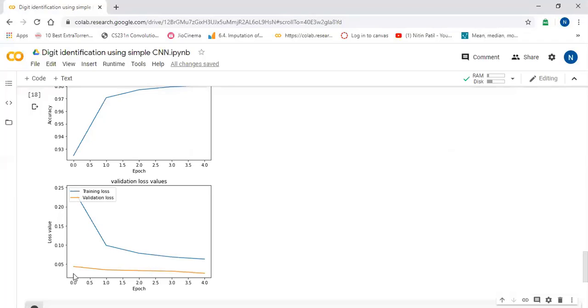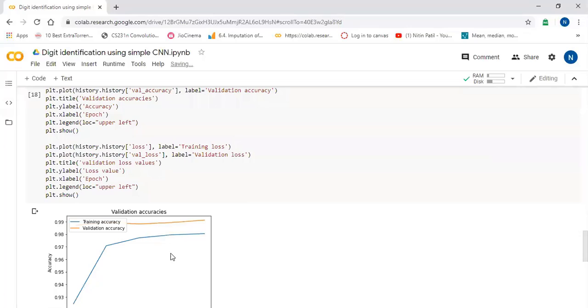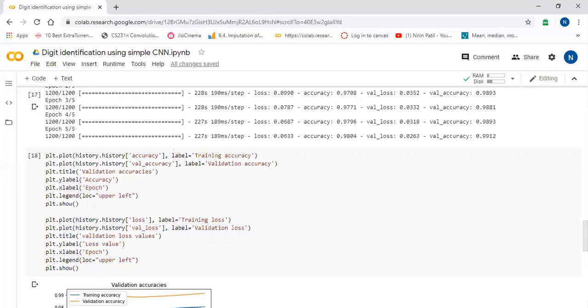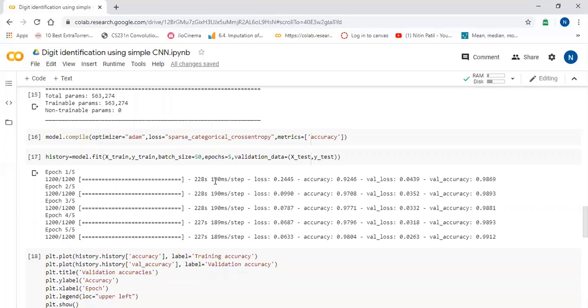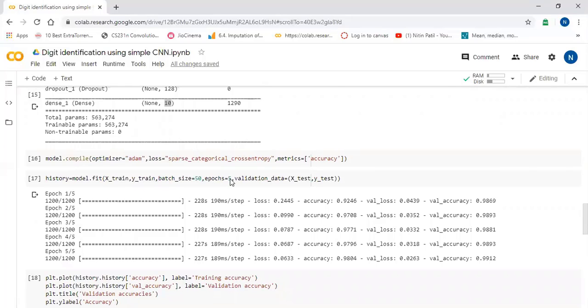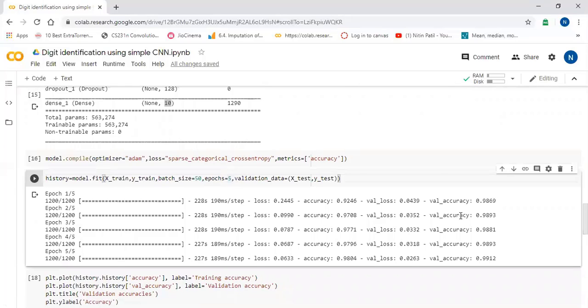Now you can see here the training accuracy and validation accuracy. Training accuracy is increasing and validation accuracy is also increasing along with it. So you can do more epochs and check the accuracy. You can change the epochs to 10, 20 and check the validation accuracy. It will be increasing to more than 99%.